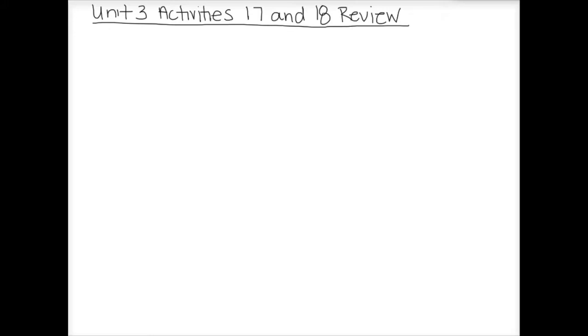So the first several problems that we have are asking us to factor. Remember that on a test it will definitely not tell you which type of factoring to use. So make sure that you know how to recognize all the different types that we did in our checklist. All right, so first one I'm going to go through is 3b,